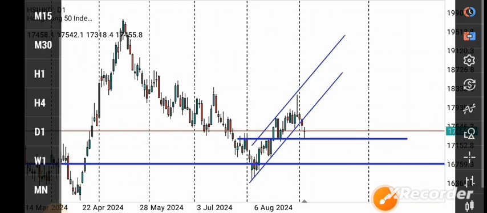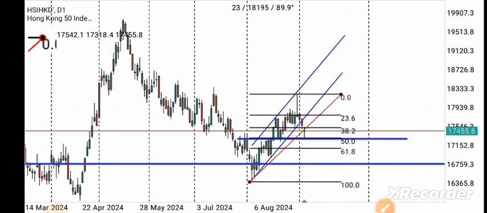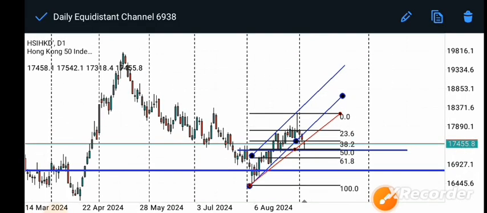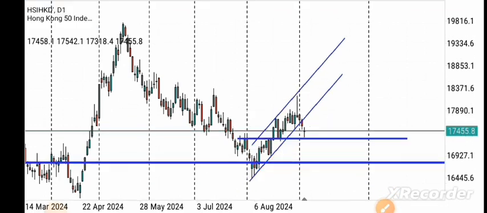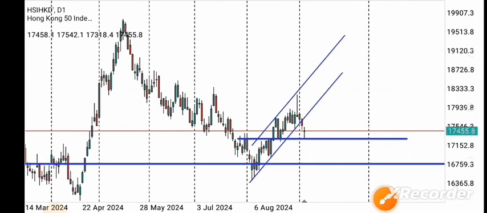Again, I'm going to utilize Fibonacci just to see if we have confluence and confirmation, and let's have a look. And in terms of Fibonacci, we can also see that the neckline, which is here, aligns with, we could say, the 50% Fibonacci retracement level, and that adds further confluence as far as looking for potential buy opportunities goes, right? However, there seems to be a bit of a problem, and that problem is that as much as we have on this particular chart this inverted head and shoulders pattern and price coming back to the neckline to give it a test, and the anticipation is for the market to continue to move further up,